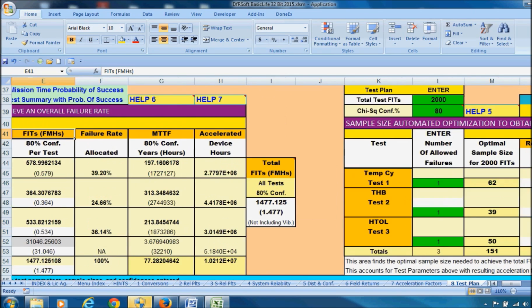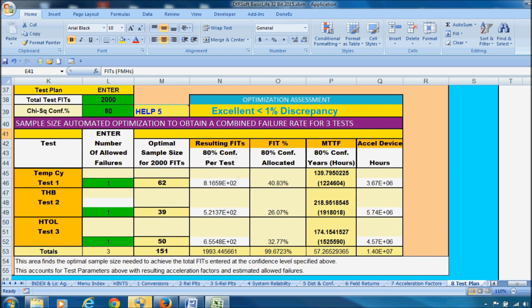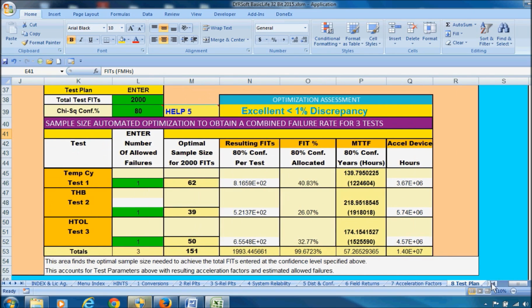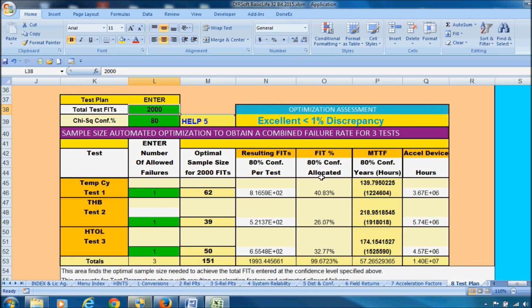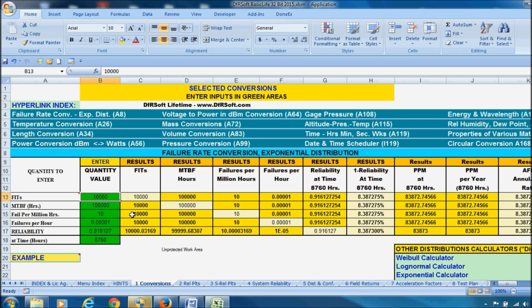So DfRSoft does, if you have one test objective for the overall test, let's say 2,000 fits, this is our optimization calculator, and what it does is it finds the minimum sample size to satisfy the test conditions that you're interested in for that total requirement, in this case 2,000 fits. And recall, if you don't know what 2,000 fits is, you can go to the conversion tab, which is number 1 down here. We can go over that and put in 2,000 fits, say, and that would give us an MTBF of